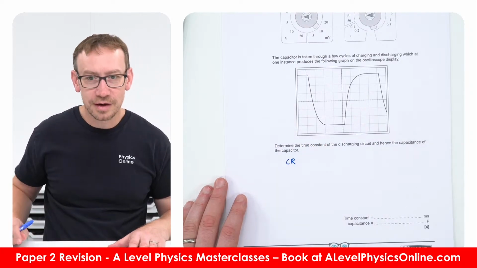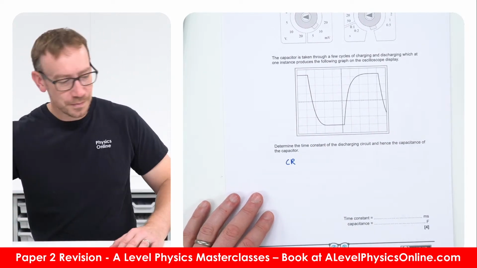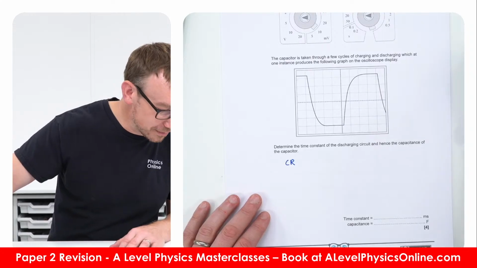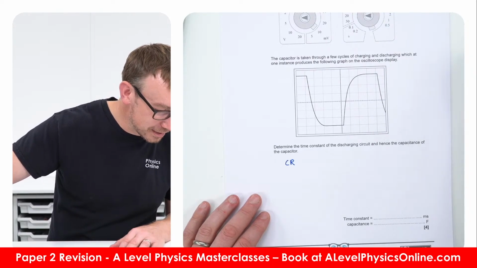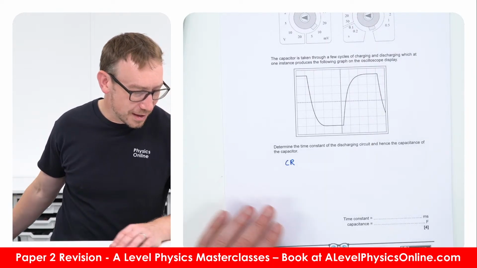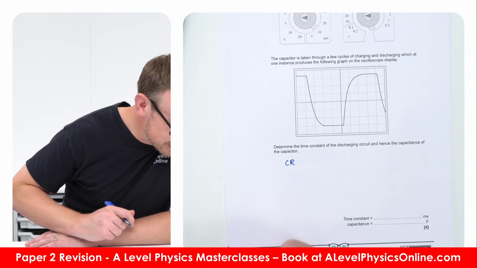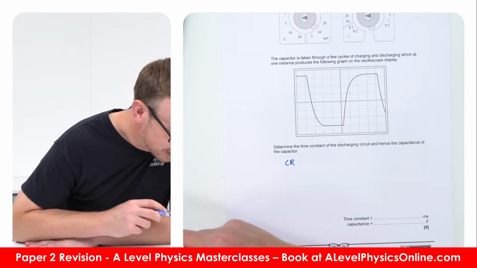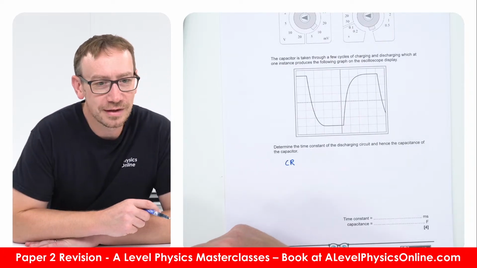So we want to know CR, the time constant. Now there's an equation for that. What's it say? The time constant is RC. This is the time it takes